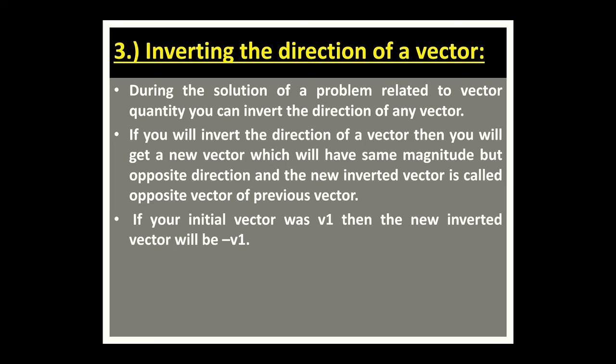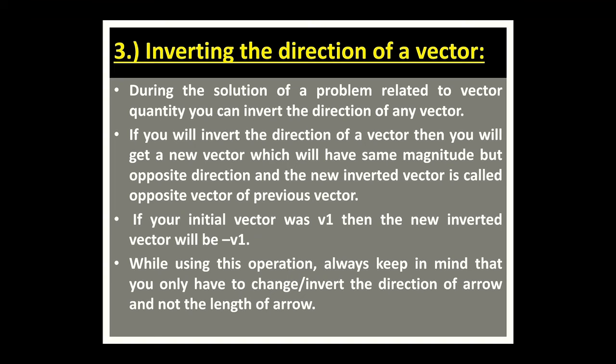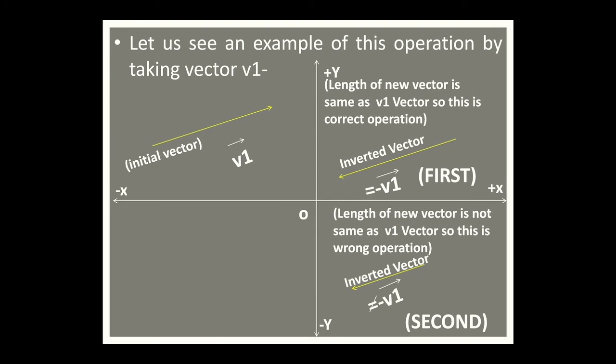While using this operation, always keep in mind that you only have to change or invert the direction of the arrow and not the length of the arrow. It means that the length of the arrow should not change at any cost. Let us see an example of this operation by taking vector v1. Here again you can see that our initial vector, which is v1, is initially in the second quadrant. Now we are